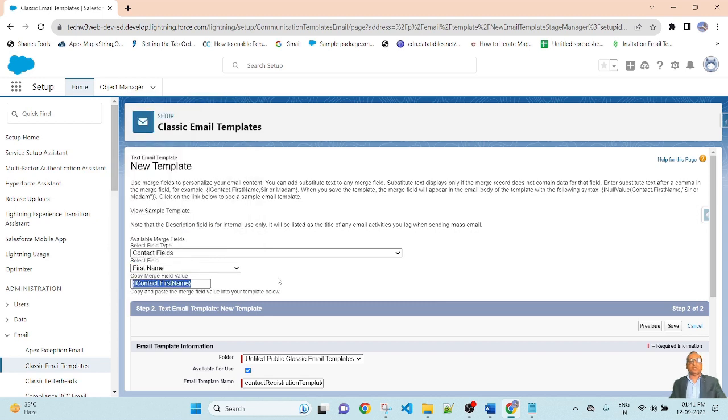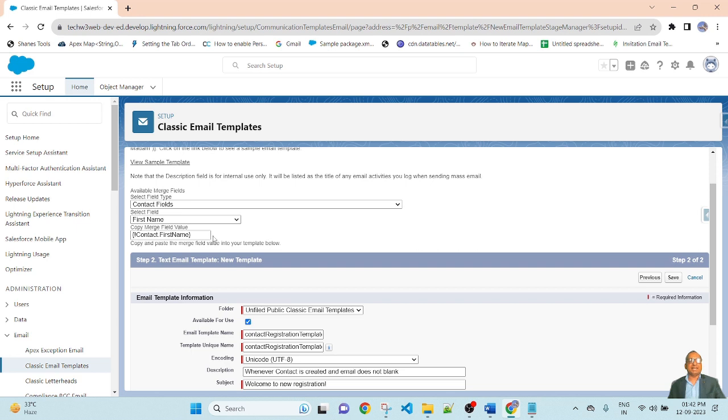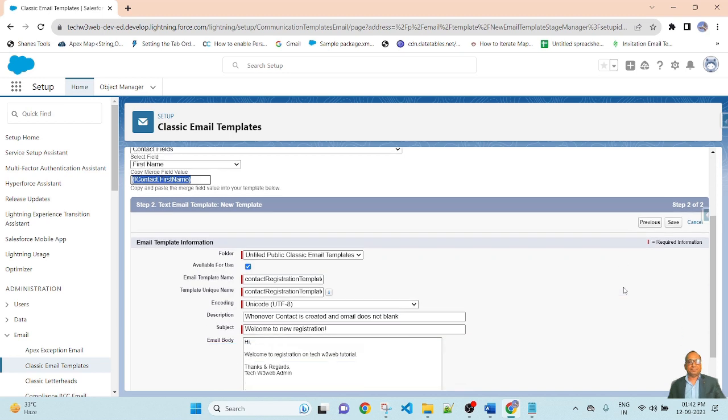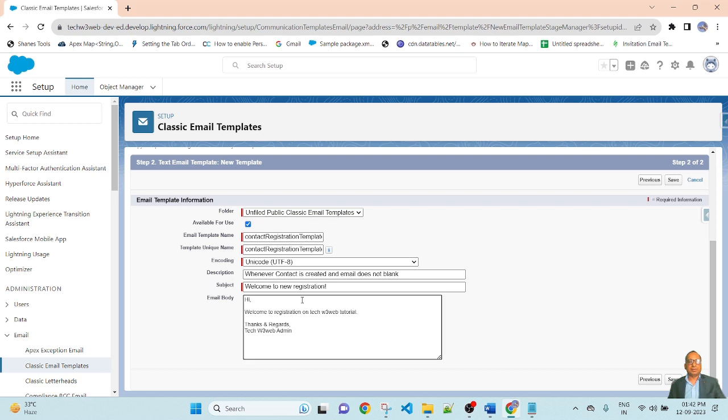So the first name of the contact will be displayed on the email. This is a dynamically created merge field value which is applied to the email name. So copy the value and paste it here. So the contact first name will be automatically displayed on the email, and save.